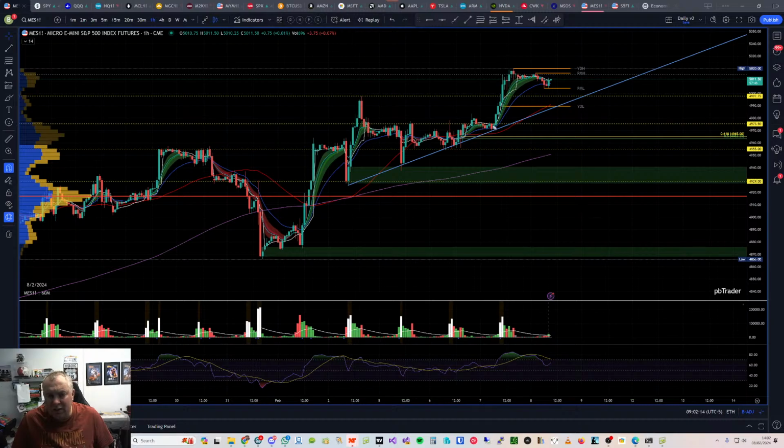Well, firstly, I'm going to stick with the hourly trend. We're still in an hourly uptrend, as you can see. So I'm looking for a trend entry today, not a reversal. I'm using the 20 moving average on the hourly as a guide, and the 50 moving average. If we're above the 20 on the hourly, then I'm only going to be looking for long entries and trend continuations. I would only consider reversals at significant areas.